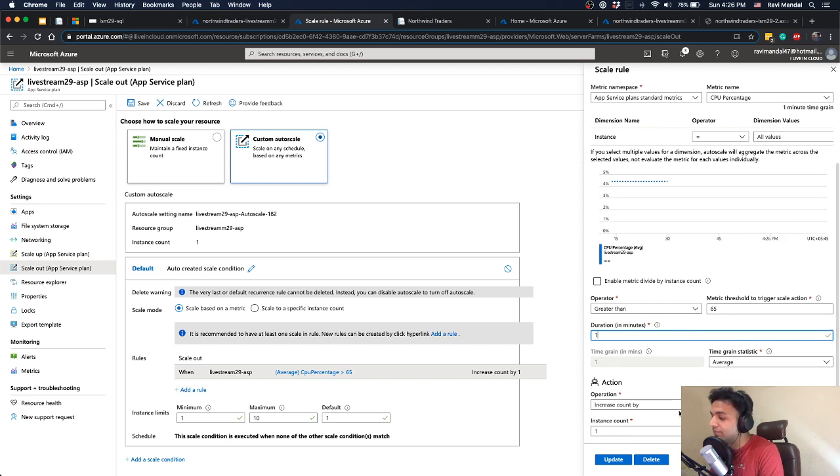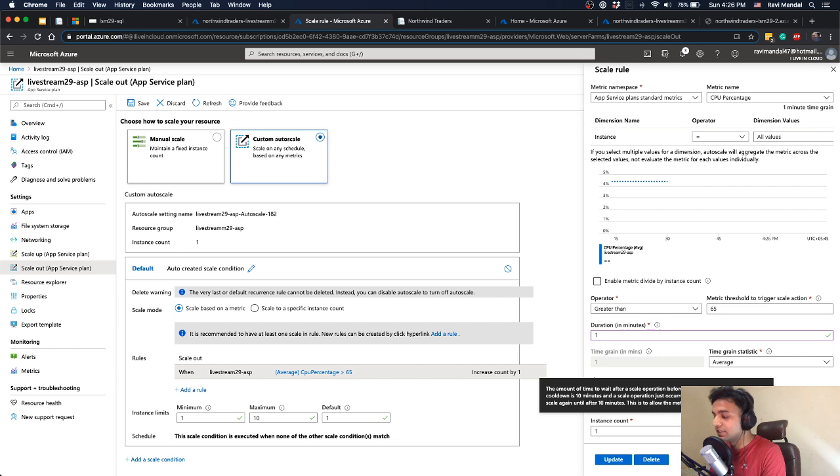And so in that case, what happens is if the CPU percentage average is more than 65 for 1 minute, it will increase the count by one number. And the cooldown time is 1 minute as well. It shouldn't be 1 minute in an ideal case, it should be maybe 5 or 10. So the cooldown period is something